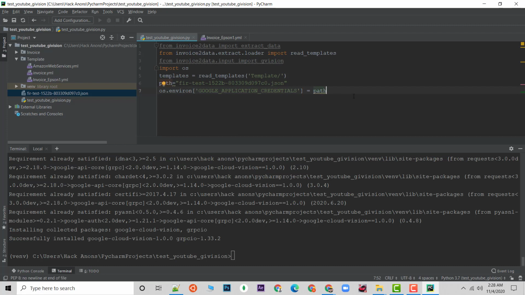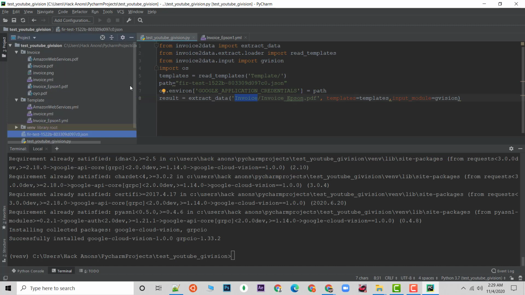This extract data function is going to go to this invoice folder, and in this invoice folder it will take this invoice absent. I think the name is different, it's invoice_absent_1.pdf. So I'll just change the name. Yeah, I think it's fine now. invoice_absent_1.pdf.